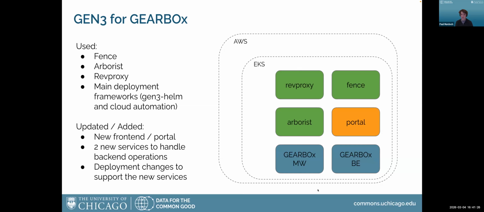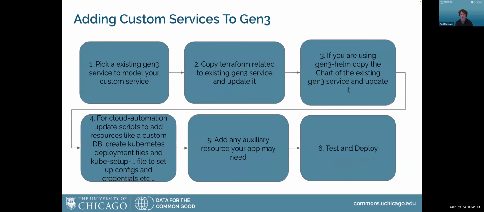And so, taking this base, we were able to create our two custom backend services, Gearbox middleware and Gearbox backend, as well as our custom UI, and then plug all this into Gen3. Next slide, please. So how we created the custom backend services so that they were as compatible as possible with Gen3 was we picked a Gen3 service to use as a sort of framework